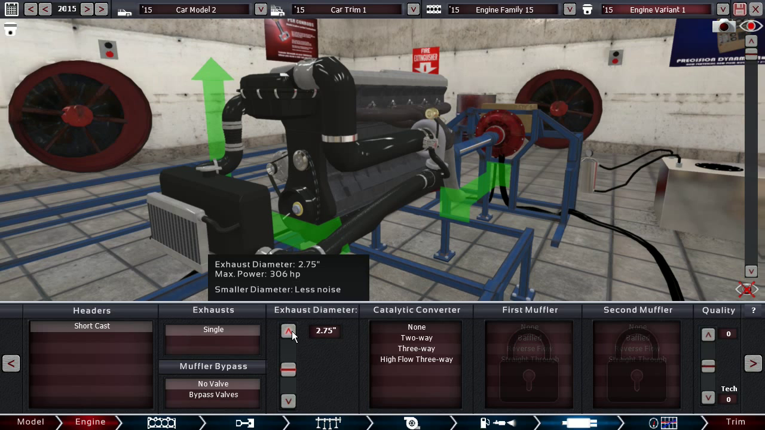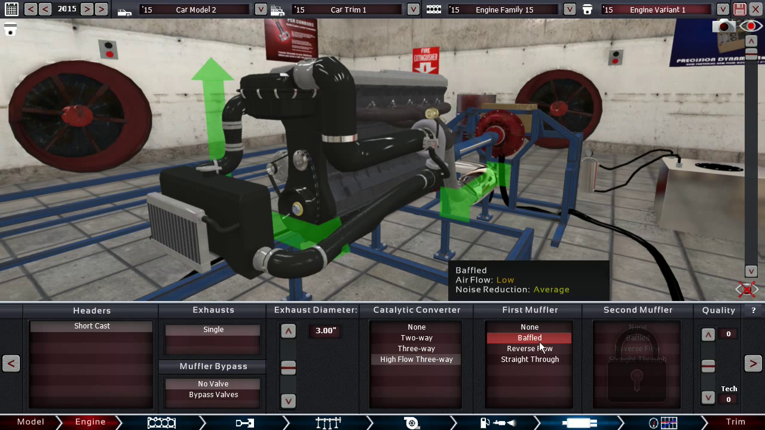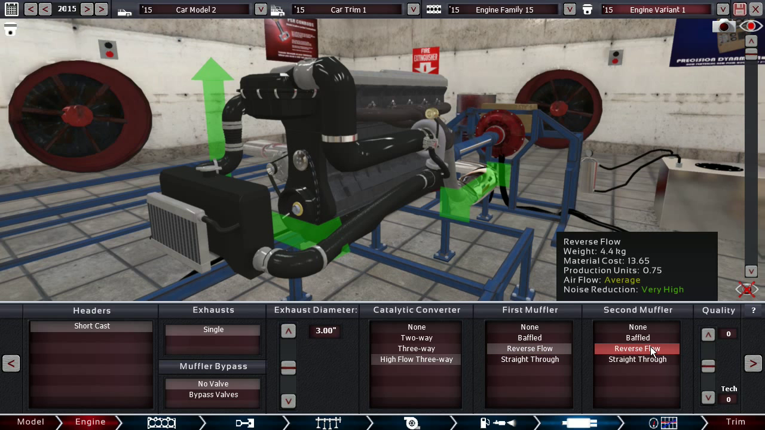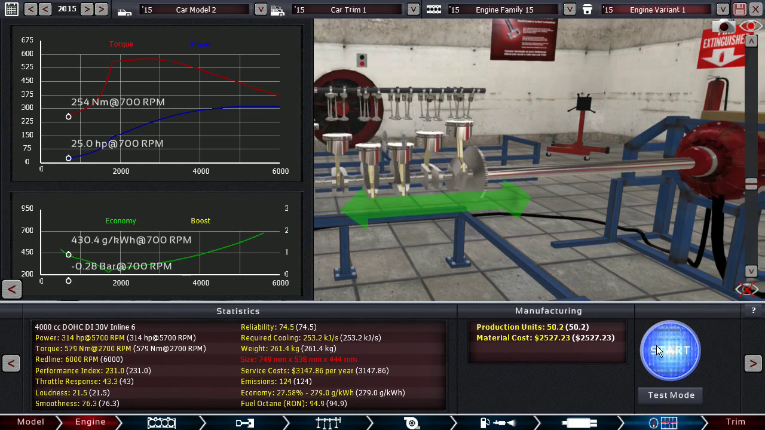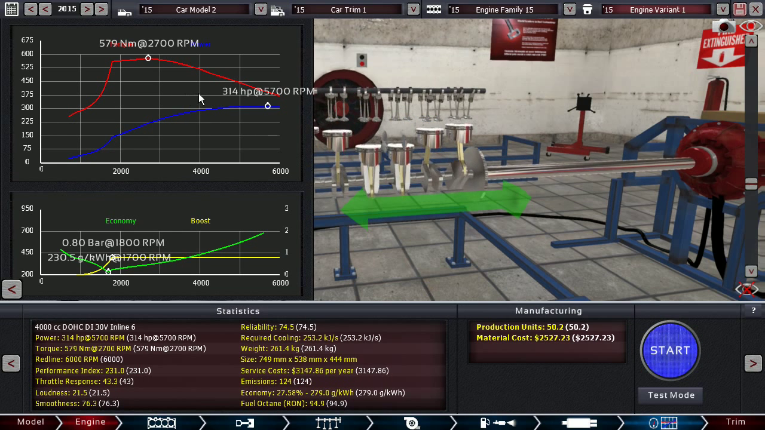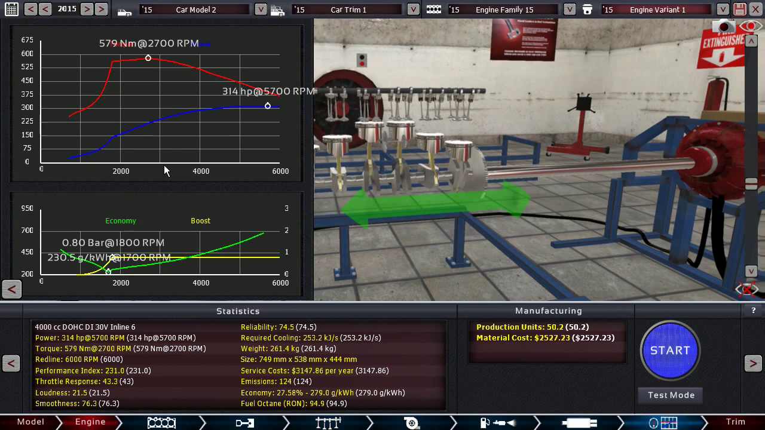How much power are we expecting to make? About 300 to 350, I would say. Reverse flow mufflers, because they have the most noise reduction. And let's do a test run. Oh, it already did the testing for us. So,